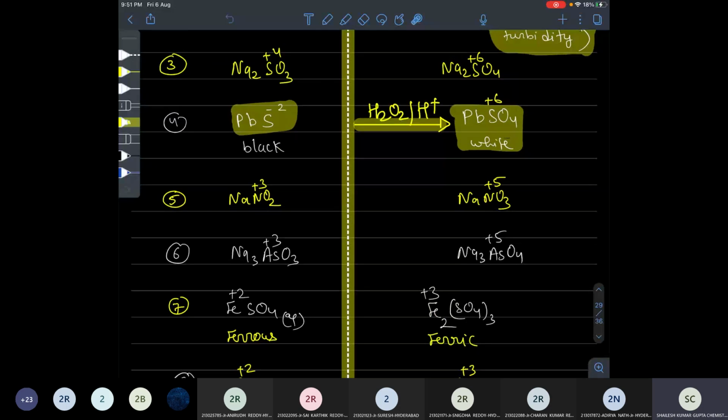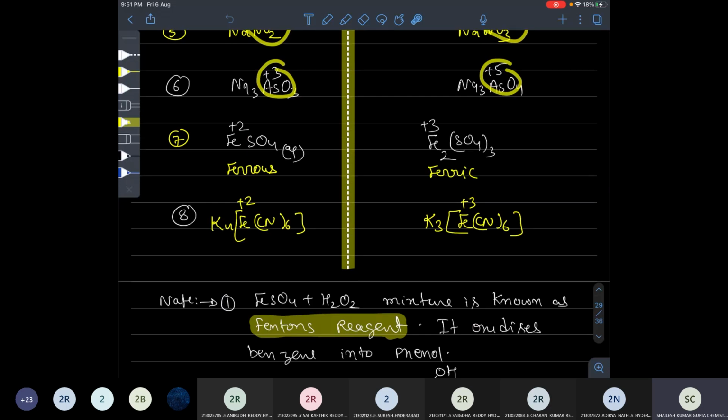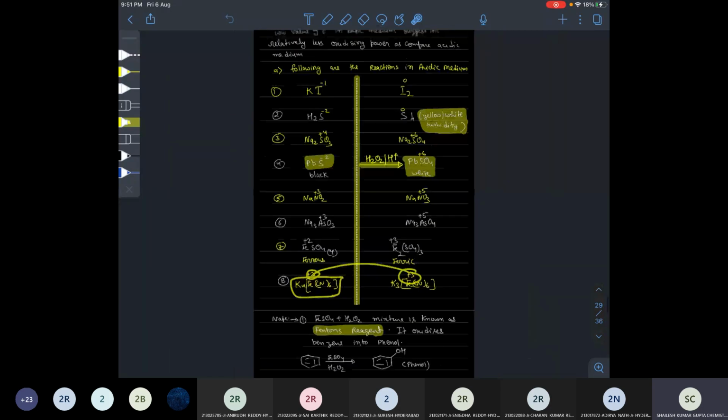So if you use it, it will become white once again, PbSO4, which will regenerate the color. Then nitrogen in +3 is going into +5. Arsenic from +3 to +5. Iron from +2 to +3. Again, iron in K4Fe(CN)6, which is in +2, is going into +3. So these are all reactions of H2O2